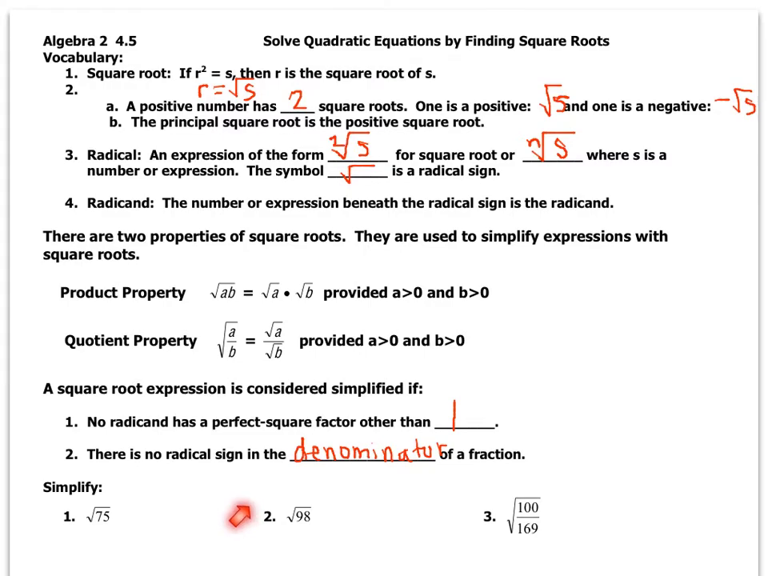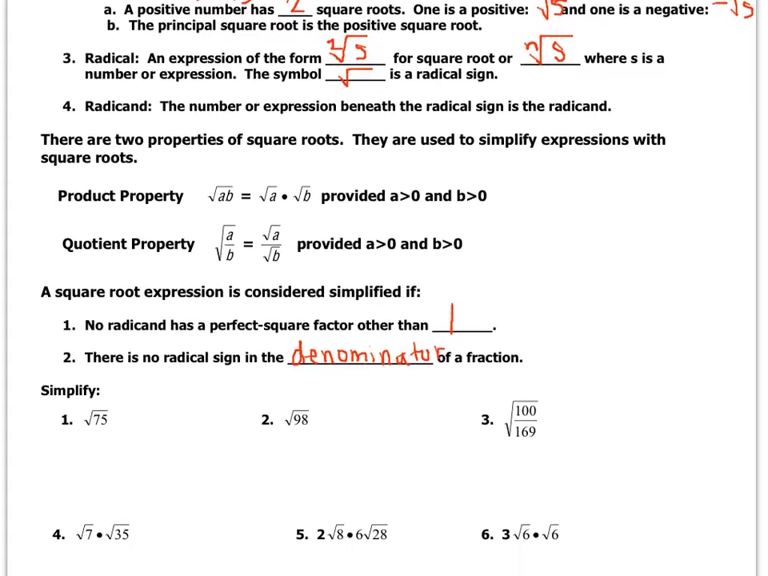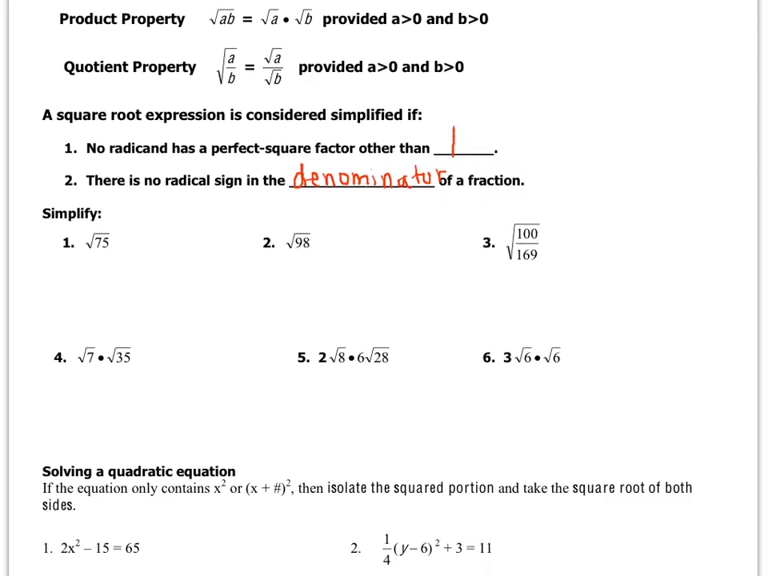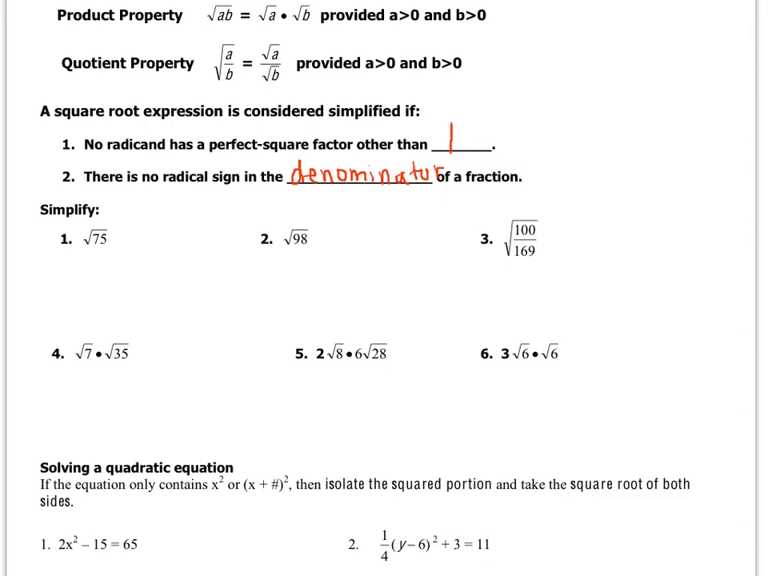So let's look at some problems. Okay, we're going to do simplifying. And we want to look for the two things. No radicand has a perfect square other than 1, and then there's no radical sign in the bottom of a fraction. So right here, square root of 75. Well, my perfect square numbers, let's talk about what those are, first of all. My perfect squares are 1, because 1 times 1 is 1, 4, 2 times 2 is 4, 9,